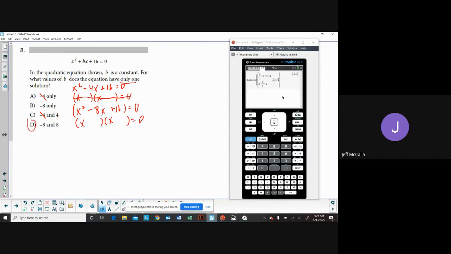x and x. 4 and 4 add up to 8, and -4 and -4 add up to -8. I think that works. Notice the factors are the same, so x equals 4 in both cases. It's the same solution. It has only one solution. So -8 definitely works. The only thing I really need to test is, does +8 work? So if you plugged in +8,